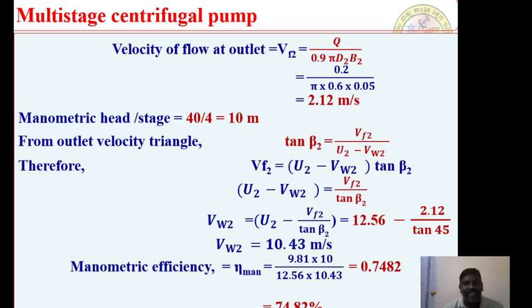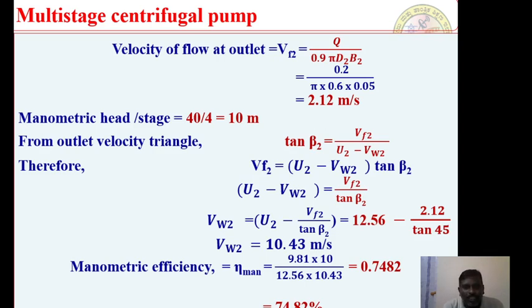From the outlet velocity triangle, tan beta 2 is equal to Vf2 divided by U2 minus Vw2. Therefore Vf2 is equal to U2 minus Vw2 into tan beta 2. From this expression, I can calculate the value of Vw2. Vw2 is equal to 10.43 meter per second. Therefore the manometric efficiency, eta manometric, is equal to, as usual, g into H_M divided by U2 Vw2. If you substitute in this expression, we will get the value of the manometric efficiency, which is 74.82%,